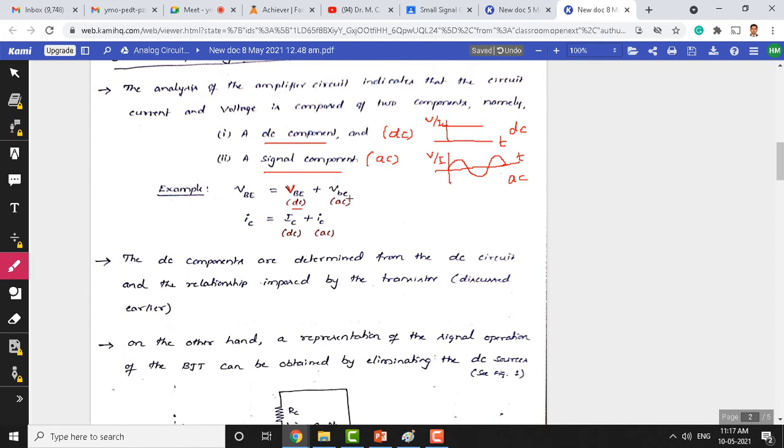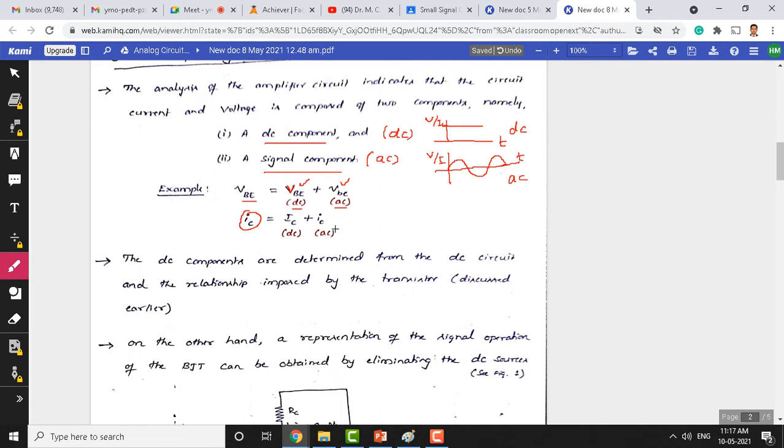The other component, which is the amplifying signal or signal component, is with small b, and even v is small. This is an AC component here. So these two signals simultaneously get applied between the base and emitter. Therefore, for an amplifier circuit, at the base and emitter, we denote the voltage like this, which in turn is composed of DC signal and AC signal. Likewise, even at the output side of an amplifier circuit, the collector current is also composed of a DC current and an AC current here. Since the applied signal is both DC and AC, at the output also we get both DC and AC.